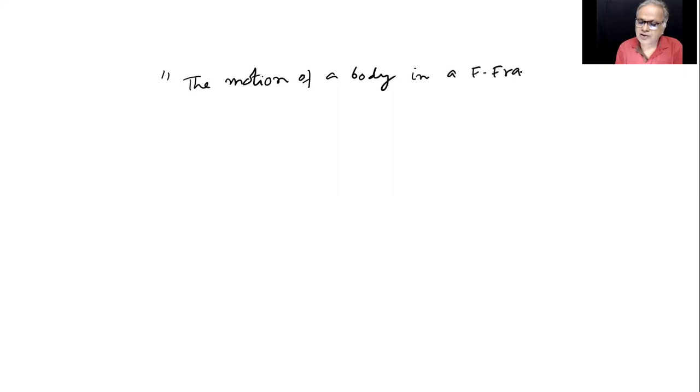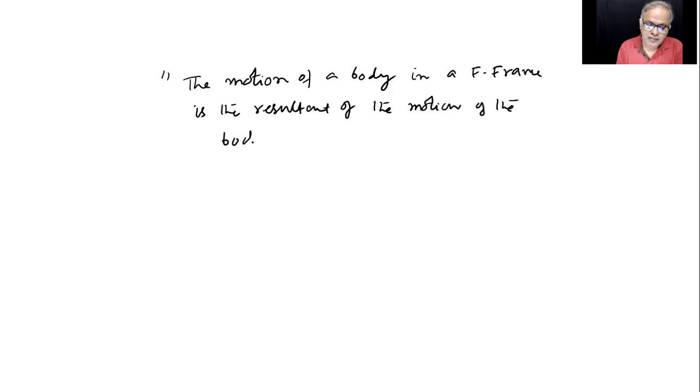Fixed frame means here what, children? A reference frame fixed to ground or lab. In a fixed frame is the resultant of the motion of the body relative to the moving frame,